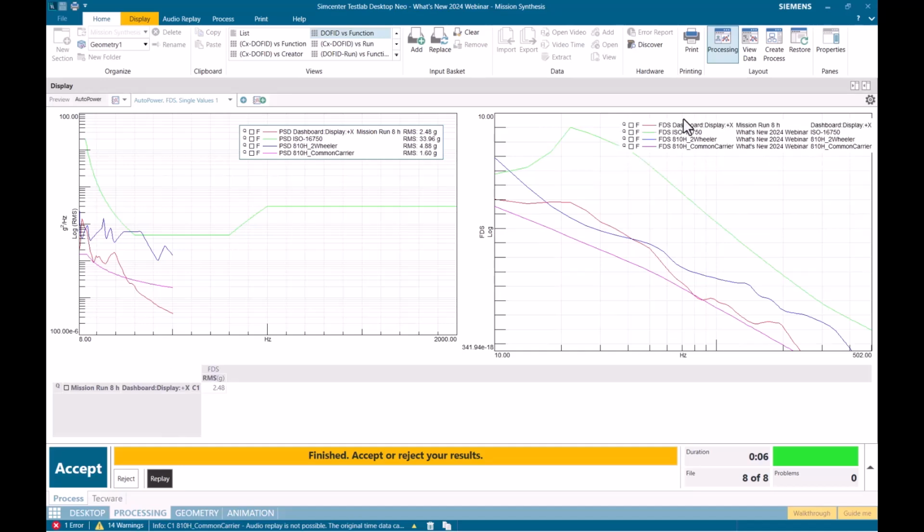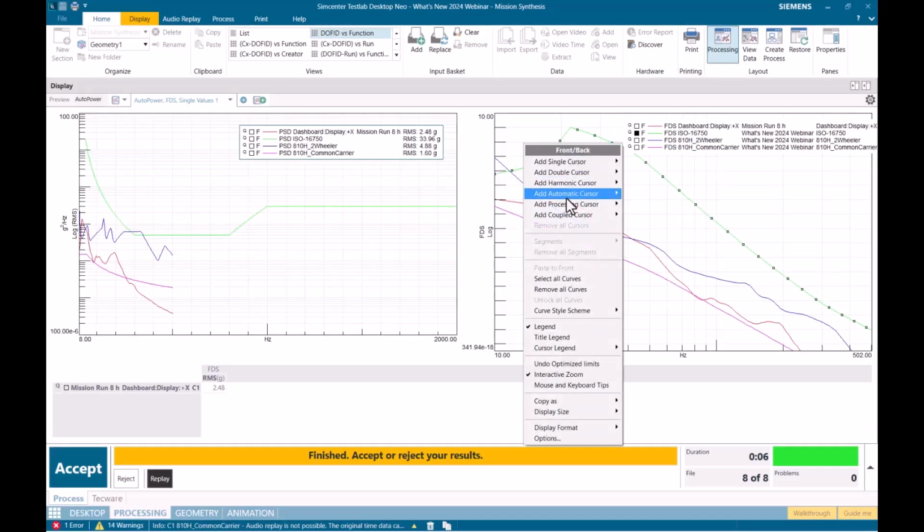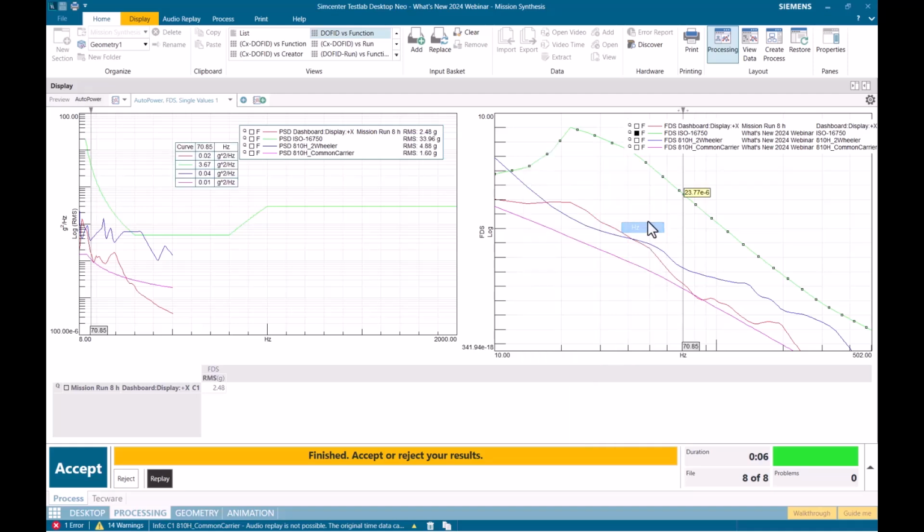So what I can see here is my ISO 16750 standard. It has, at almost all frequency lines, a much higher fatigue damage potential, except for at this frequency location here, which again, if I grab a coupled cursor, I can see is a pretty small overlap region, but from 10 hertz to 11 hertz, my other standard has a higher amplitude.